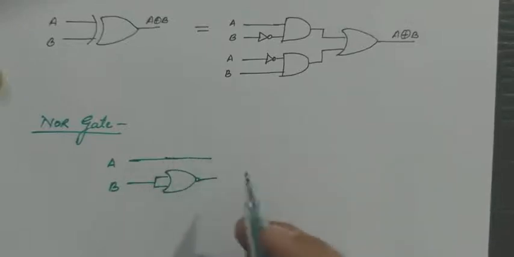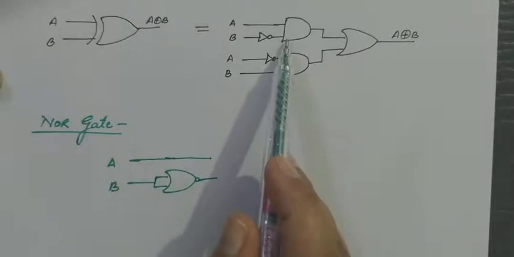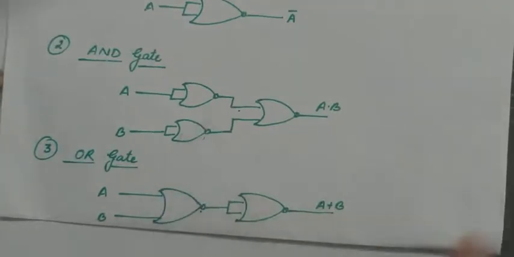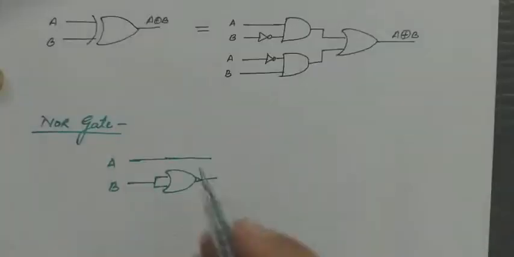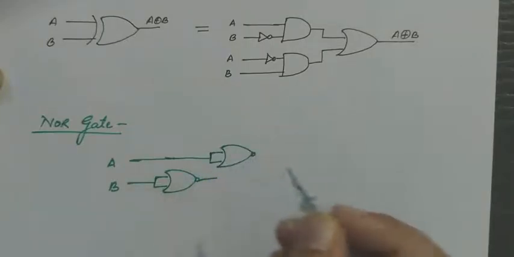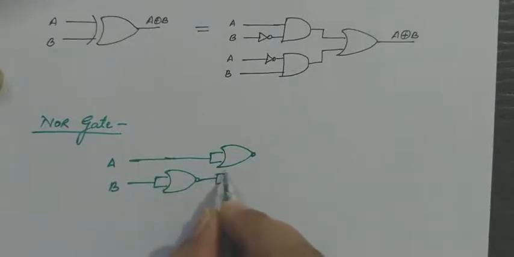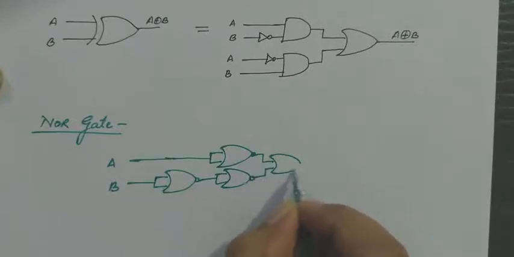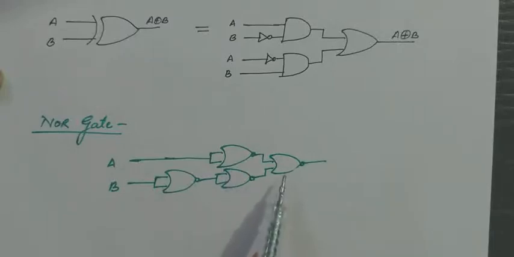Now these two input lines are connected with the AND gate. Now we will make the AND gate. So this is the representation of AND gate using NOR gate. So we'll add this AND gate here. So simply we have to replace the basic gates with the universal gates here. See, we have added one AND gate here.